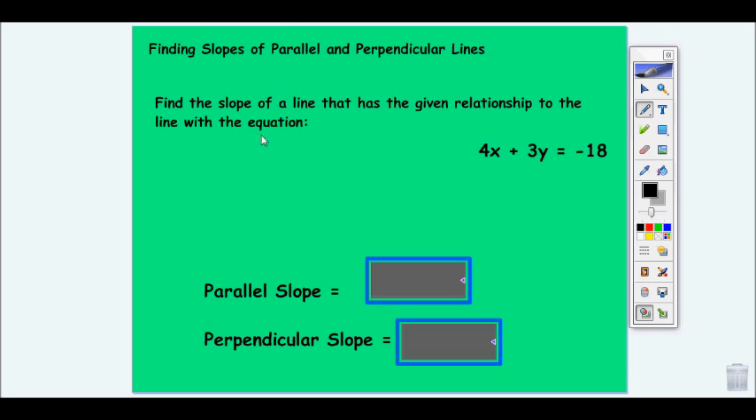So let's review that one more time. Finding the slope of a line that has the given relationship to the line with the equation. The first thing I'm going to do for this equation is write it in slope-intercept form. So I need to get my y by itself. So I'm going to subtract 4x, subtract 4x. This is what we were doing in an earlier lesson. I'm going to end up with 3y,